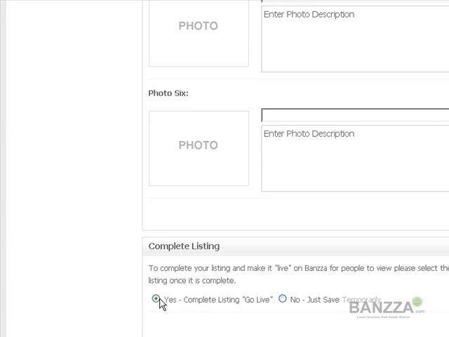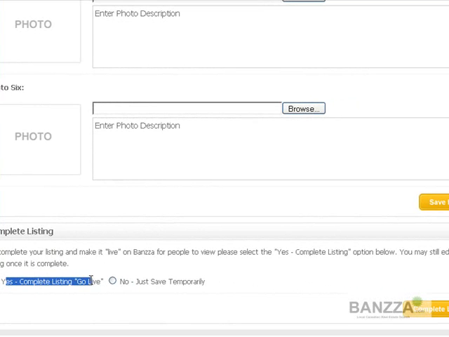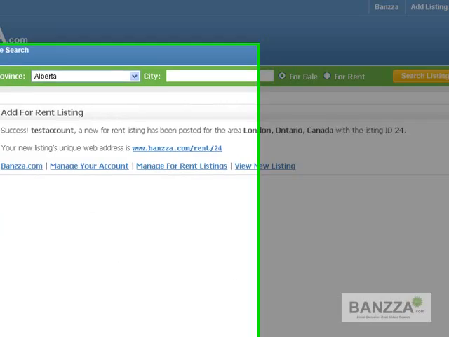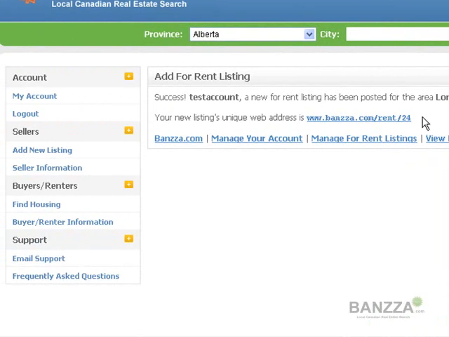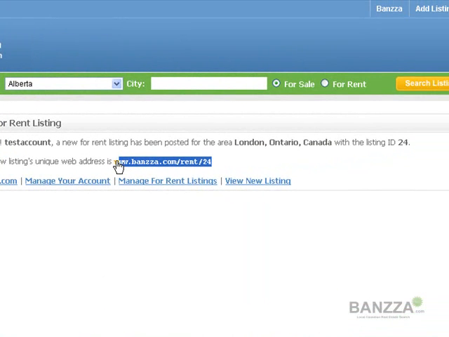So we're going to click yes, go live, just to see it on a map on the location that we described. So we're going to click our final step, which is okay, perfect. So this is our website address that we can show our friends our listing, and this is the ID number. So what we can do is we can manage our rent listings by clicking here,